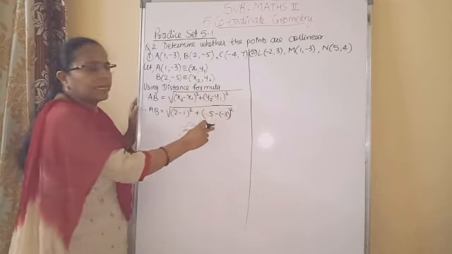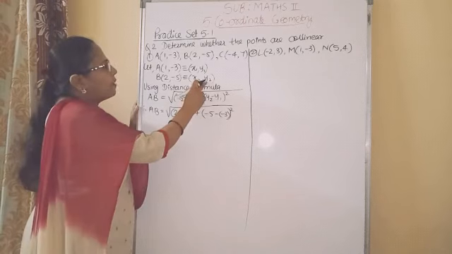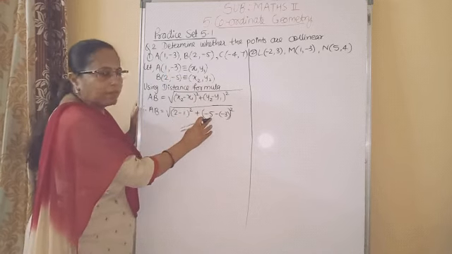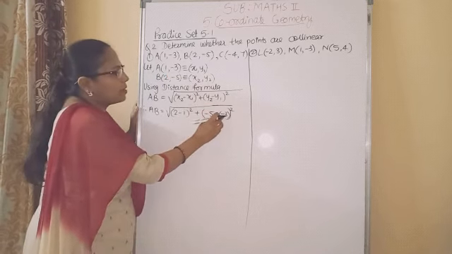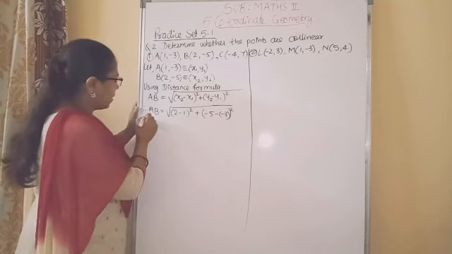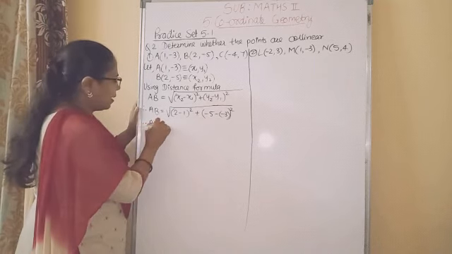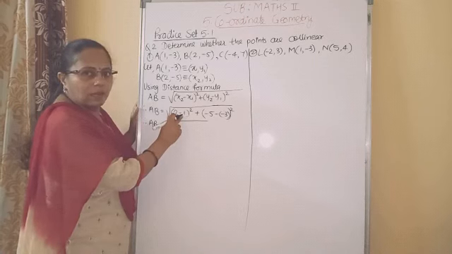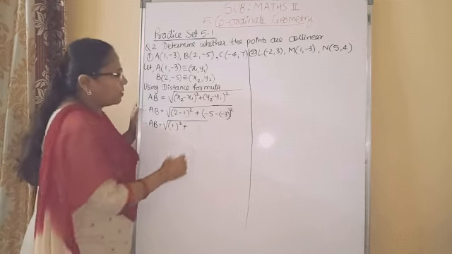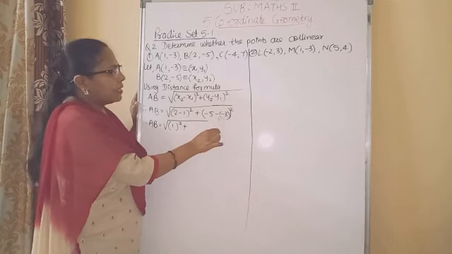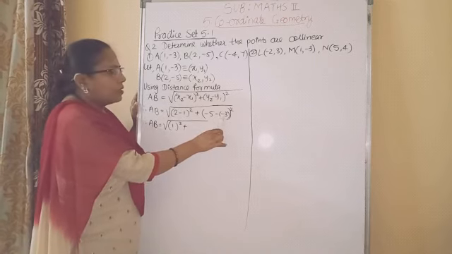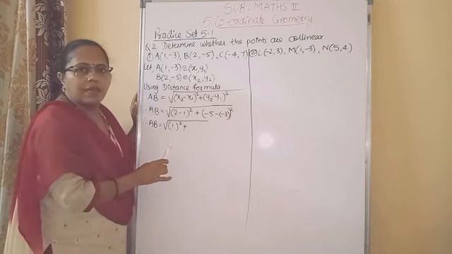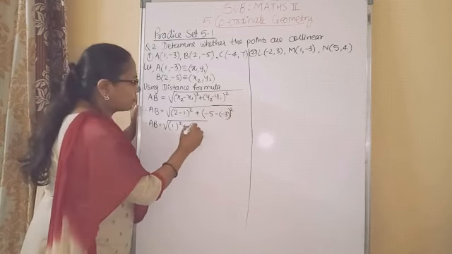So when negative coordinates are there, be careful. y2 is minus 5 and y1 is minus 3. Therefore minus 5, this minus sign into minus 3, bracket square. Therefore AB is equal to square root of (2 minus 1) square, plus, now here we will solve orally. Minus into minus is plus, so here we will get minus 5 plus 3, so minus 5 plus 3 is minus 2, square.